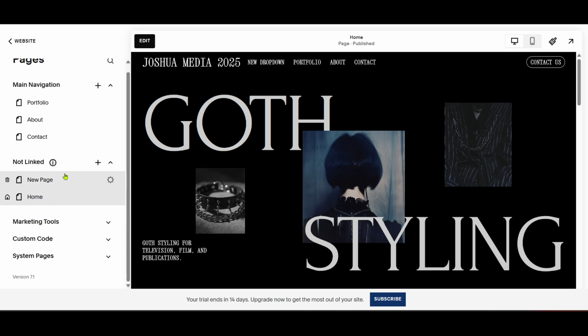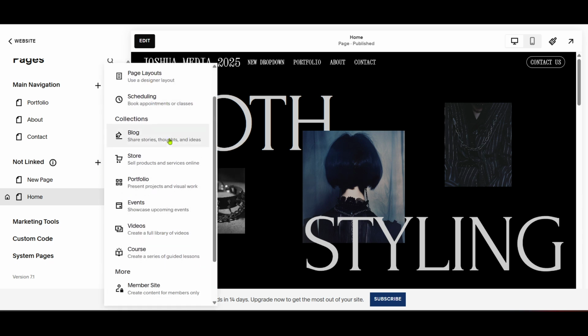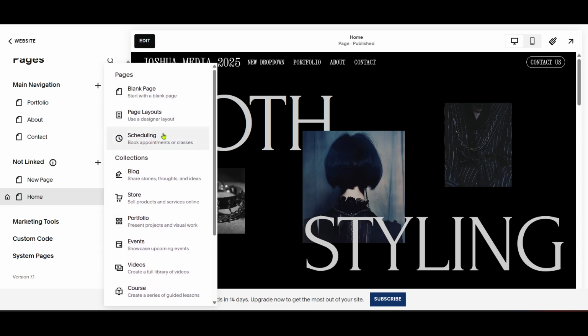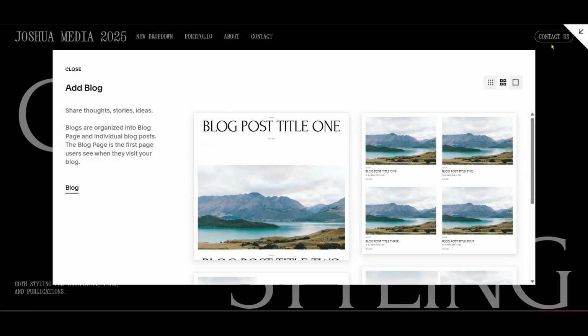Now, the exciting part begins. Adding a new page. Find and click on the plus icon. This is typically associated with adding something new within your dashboard. It signals you're ready to create a fresh section or page within your site. Now that you've clicked the plus icon, you'll want to select Page from the menu options, which will add an unlinked page to your site.